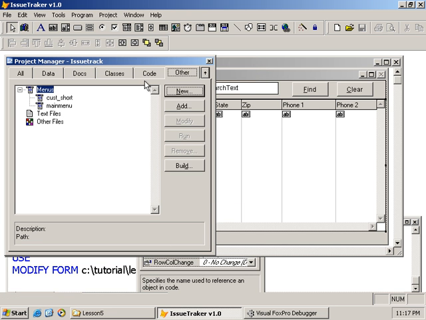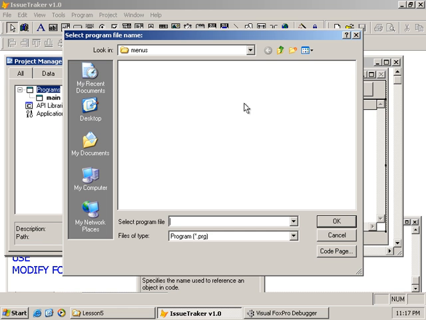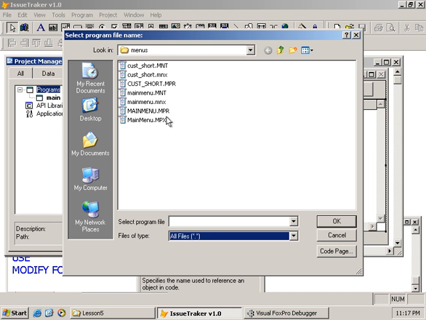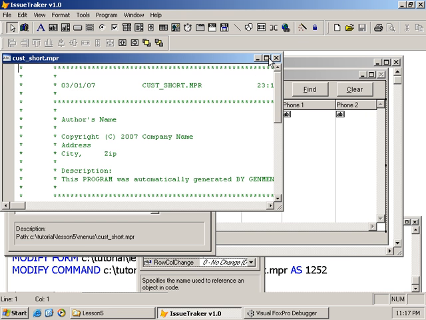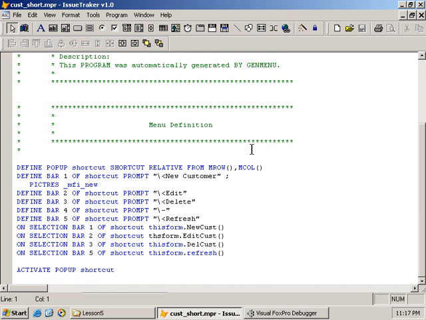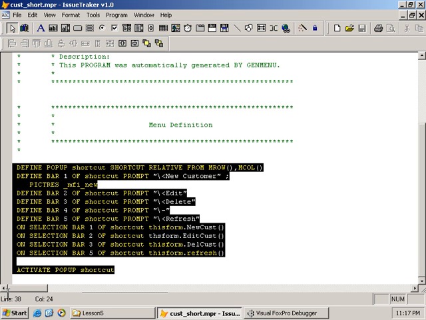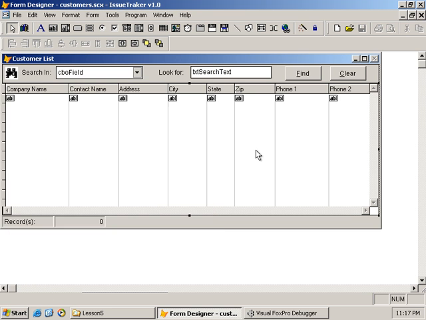Close this, and then what I want to do is actually edit that code, so I'm going to add all files. So this is the code that is generated for us, and if I wasn't lazy, I could type this out all by myself, but then why? Okay, so I'm going to take all of this, Control C,